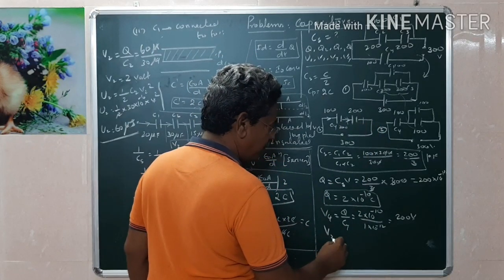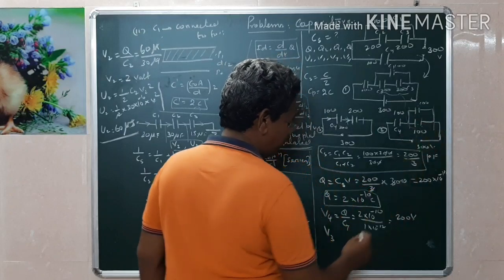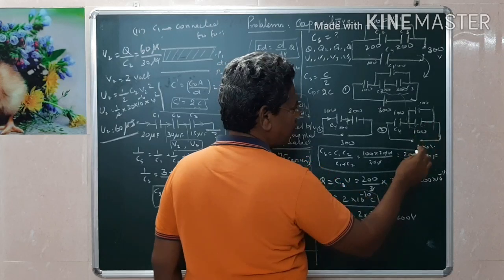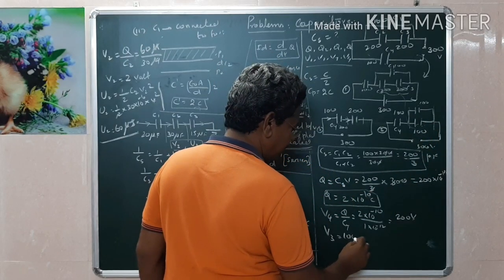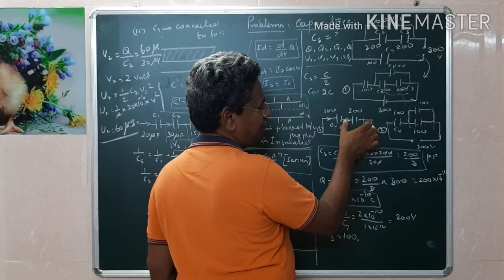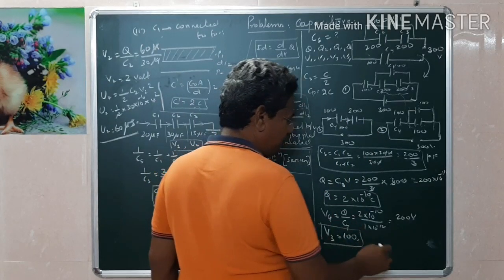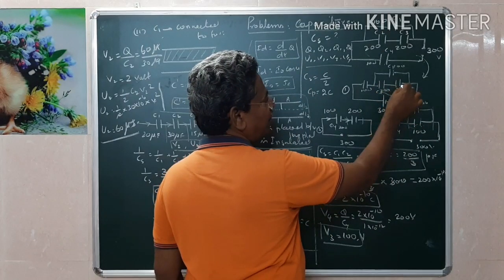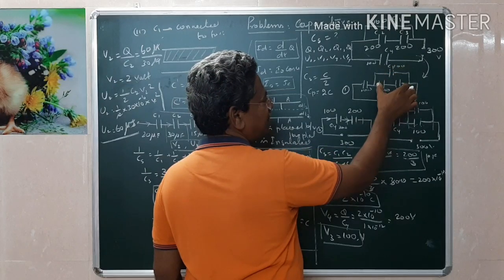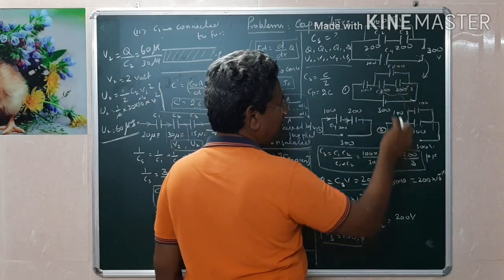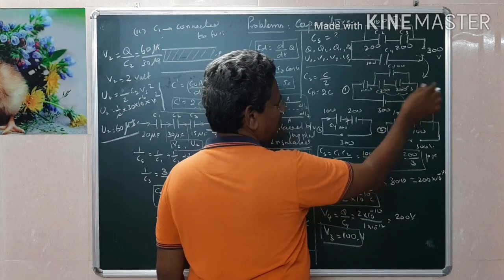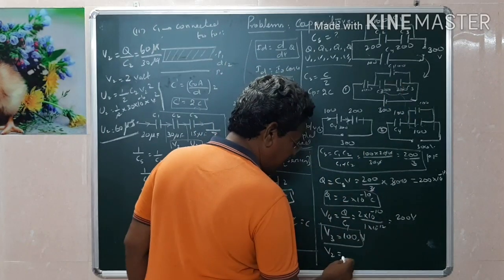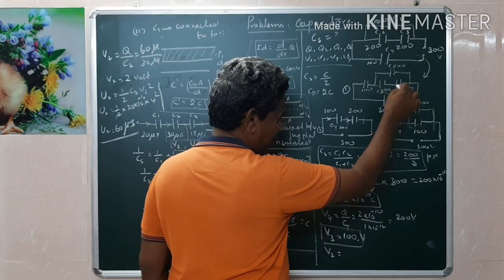Therefore what is the voltage across V3? These two are in parallel, therefore the voltage across this one is 100, this one is 100. Now we come to V3. Here these two are in series and this is in parallel, but the voltage across this and this is the same. Therefore, if it is C1, C2, C3, this 100 volt is divided into 2. Therefore, I can say that V2 plus V3 is equal to 100.